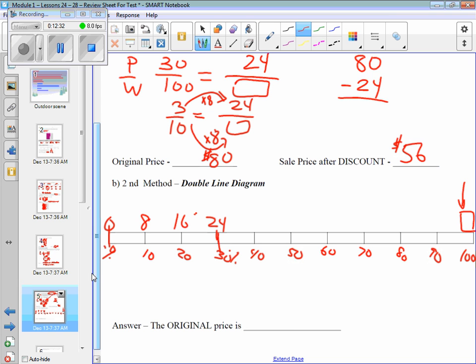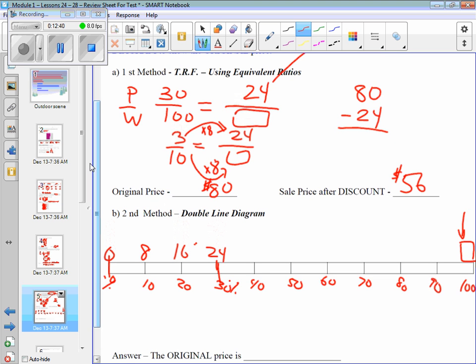8, 16, and 24 will work. Kev? Okay, Kev. That's where this 8 comes in over here. When you find out what that's called, our mathematical constant, when you reduce this fraction, and then whatever number you multiply by to get to the new fraction, that's what you count by on the top part of your double line diagram. And if you forget that, that's okay. You just got to figure out between 0 and 24, I need to break that up into thirds, which is counting by 8. So now if I continue to do that, because I've got to figure this out,